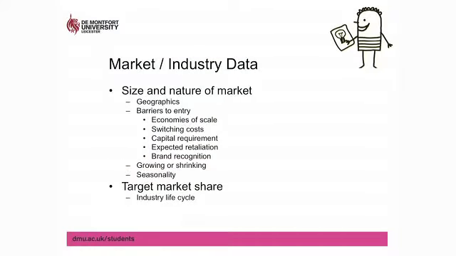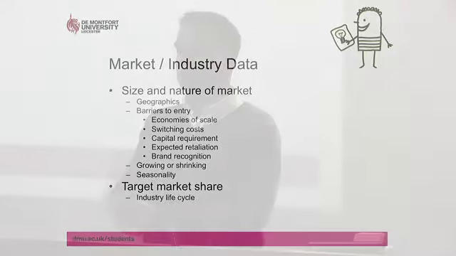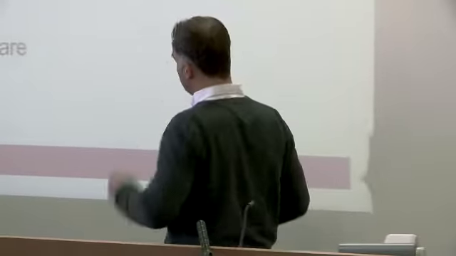And then what we look at is some generic items, so the size and nature of the market, the geographics of that market. Now, remember that if you're only going to trade locally, if you're only trading in Leicester, only analyse Leicester. If you're trading nationally, analyse national figures. If you're trading internationally, analyse international figures. Bit more complicated, so I would stick probably to the maximum of national figures. So think about the geographics. Are there any hotspots to what you're doing? Are there any towns and cities that are particularly known for the industry sector you are in?